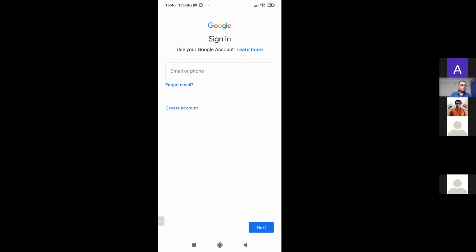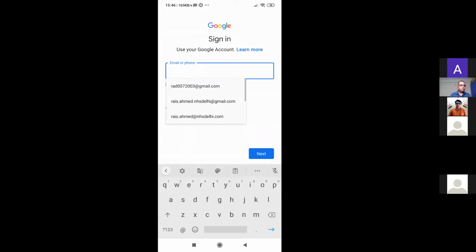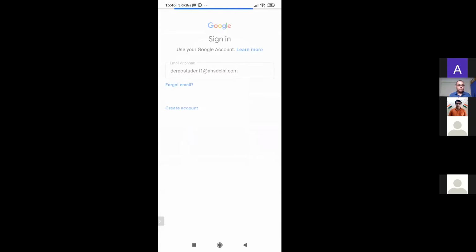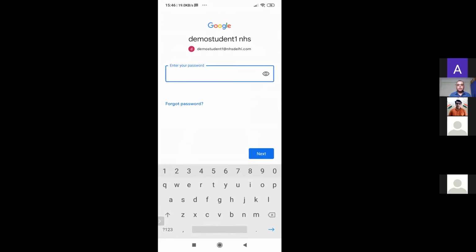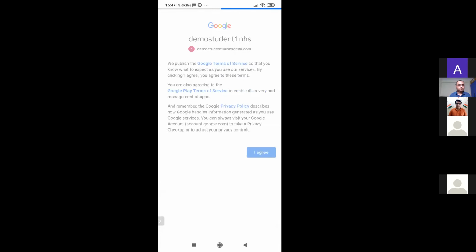And now I'll use demo student 1 at nhstudy.com. You will be writing your G Suite ID, tap on the next button, and now I'll be writing the password. Once the password is written, I'll tap on the next button.